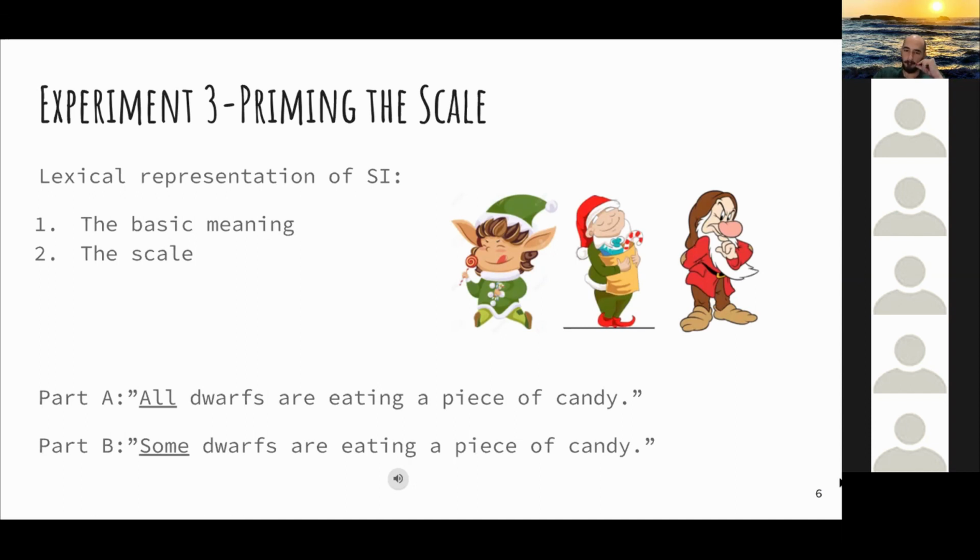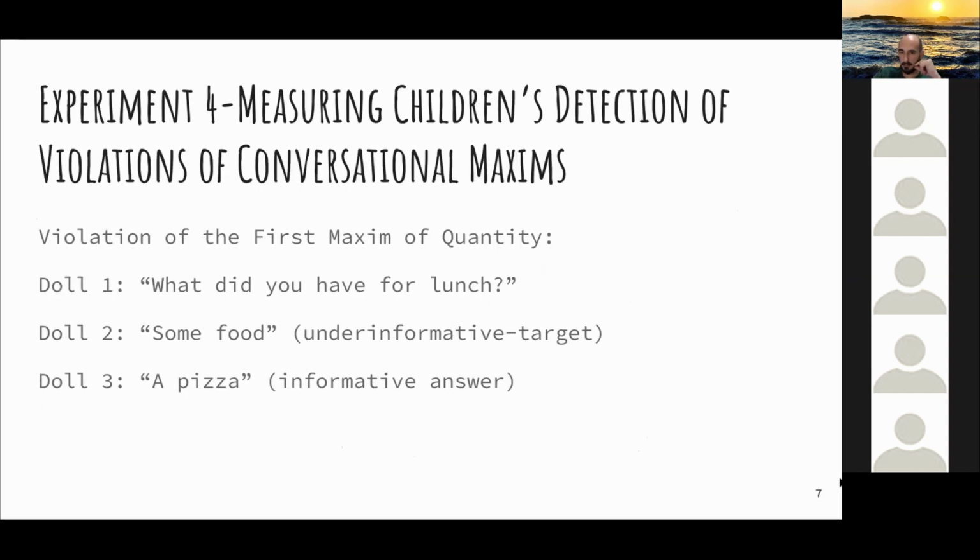But this time there were two components. First, the puppet said a sentence containing all, and then the second part was the same sentence said with the word some. And once again, the child had to evaluate the puppet's statement. The results were pretty much the same as the